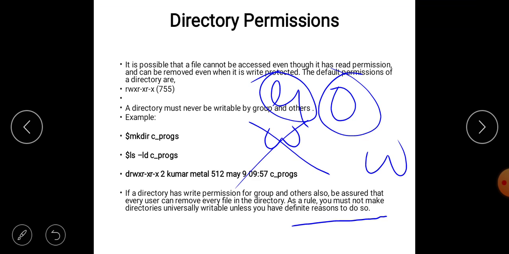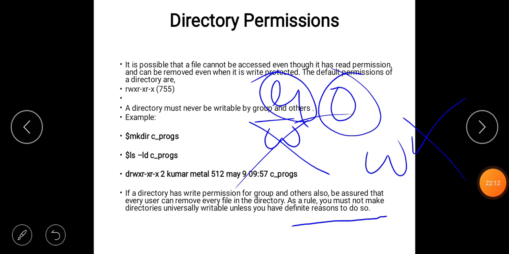Okay, because if you give the write option, any user can delete any file from your directory. Okay, so we should not give the write option for group and others.